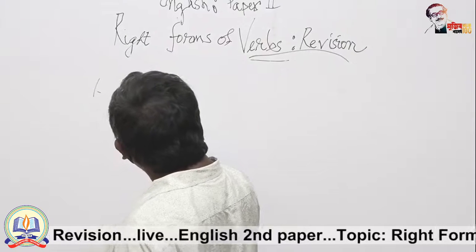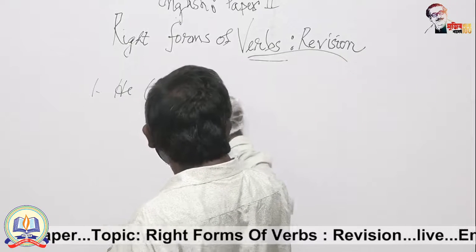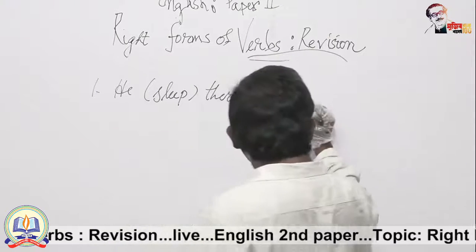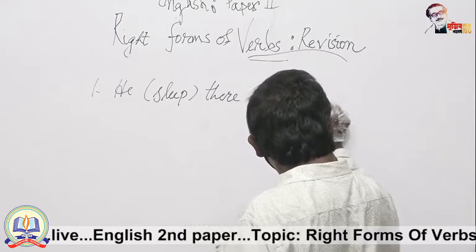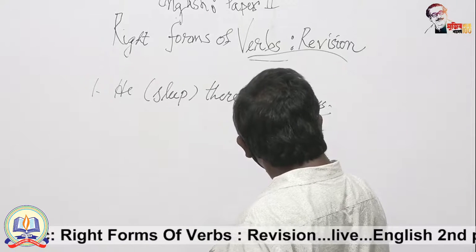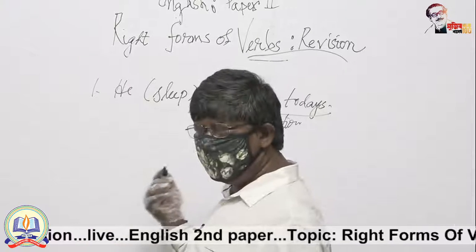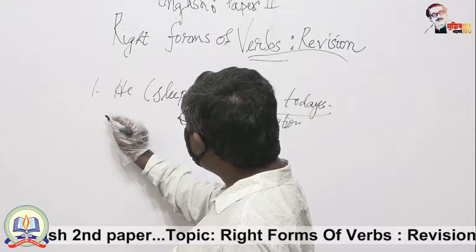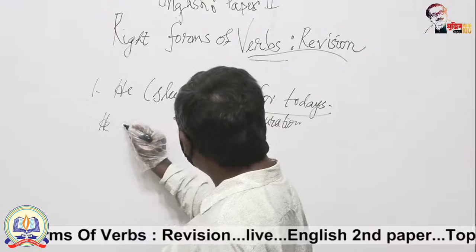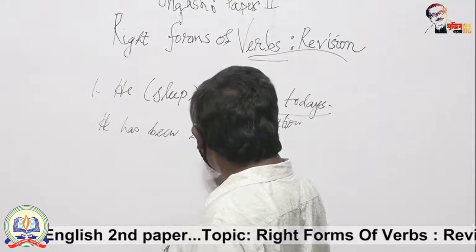I write, he sleep there for 2 days. Two days determine the duration. So, there is no indication of future or past in this sentence. Therefore, we will express the verb in the present perfect continuous. He has been sleeping